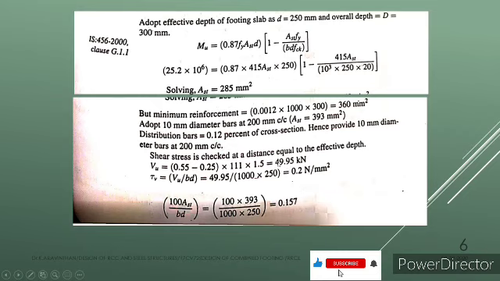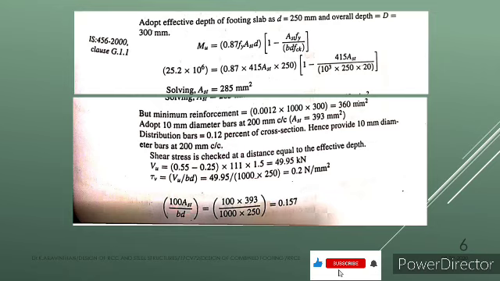Now we got the exact shear force for the design we have done, that is 49.95 kilonewton. Now if you substitute the value, this value is in terms of kilonewton. So 49.95 into 1000 divided by 1000 into 250. 1000 is b, so b is breadth and d is depth. Depth we have provided is 250. If you find the value, you will be getting 0.2 Newton per mm square. So this is the stress which is acting in the section.